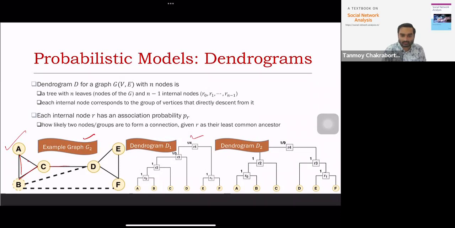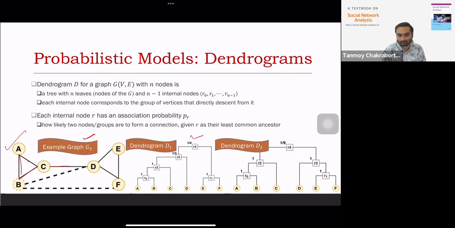In fact, one can argue that multiple such dendrograms can be created from a network. Okay, then if multiple dendrograms can be created, now how do we create a dendrogram? We'll discuss. If multiple such dendrograms are created, then which one to choose, right? So what we do after that, once you convert a network to a dendrogram, then we calculate the likelihood of